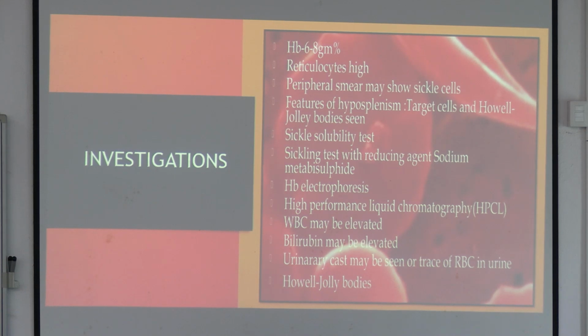আরবিসি। কি আরবিসি? ইম্যাচিওর আরবিসি which has কি ফ্র্যাগমেন্ট? নিউক্লিয়ার রেমনেন্ট, তাই তো? নিউক্লিয়ার রেমনেন্ট in their cytoplasm, those are reticulocyte. So reticulocyte normal 3.5% অবধি থাকে, তার থেকে বেশি হয়ে যায় রেটিকুলোসাইট। এনআরবিসি থাকে, ওটাও নিউক্লিয়েটেড আরবিসি, ওটাও হচ্ছে ফিচার অফ হিমোলিসিস। পেরিফেরাল স্মিয়ার শো sickle cell, features of hyposplenism, target cell and Howell-Jolly bodies, sickle solubility test with sodium